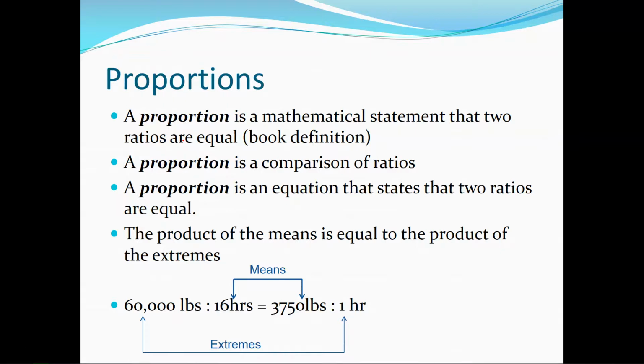I'm trying to remember which grade that would have been learned in. I think 6th. But in any case, anytime you do proportions, you can call it extremes or you can call it the outside, versus the inside. So you multiply your two outsides by, and then you divide by your insides.